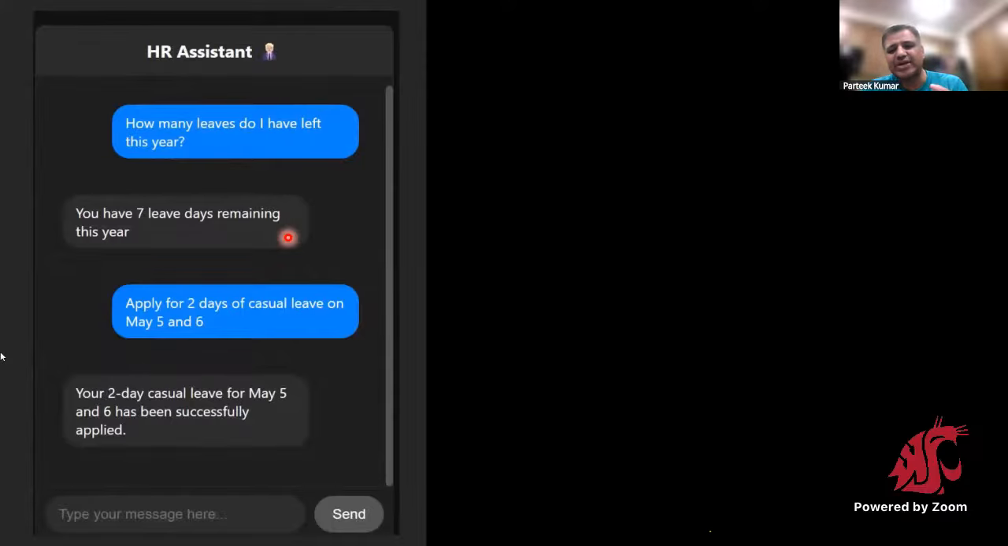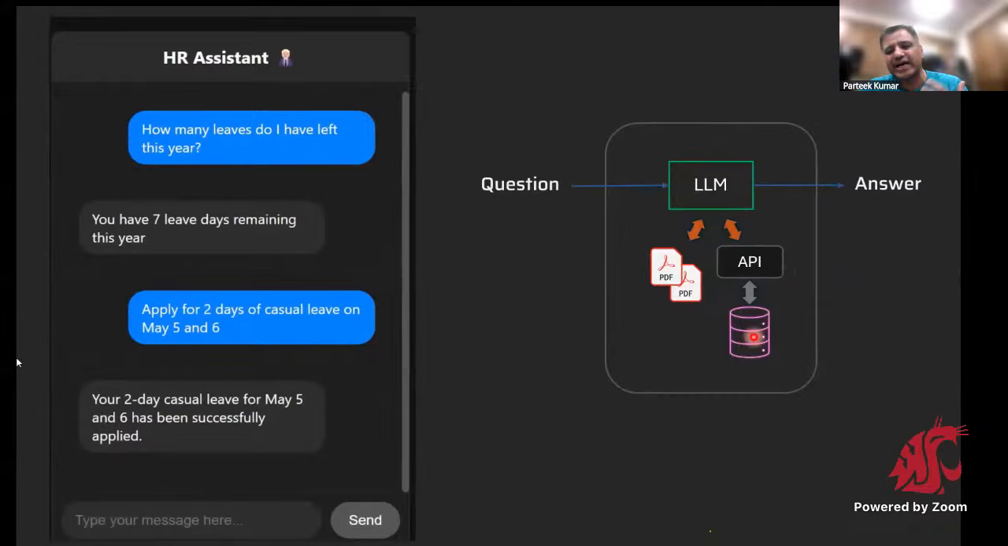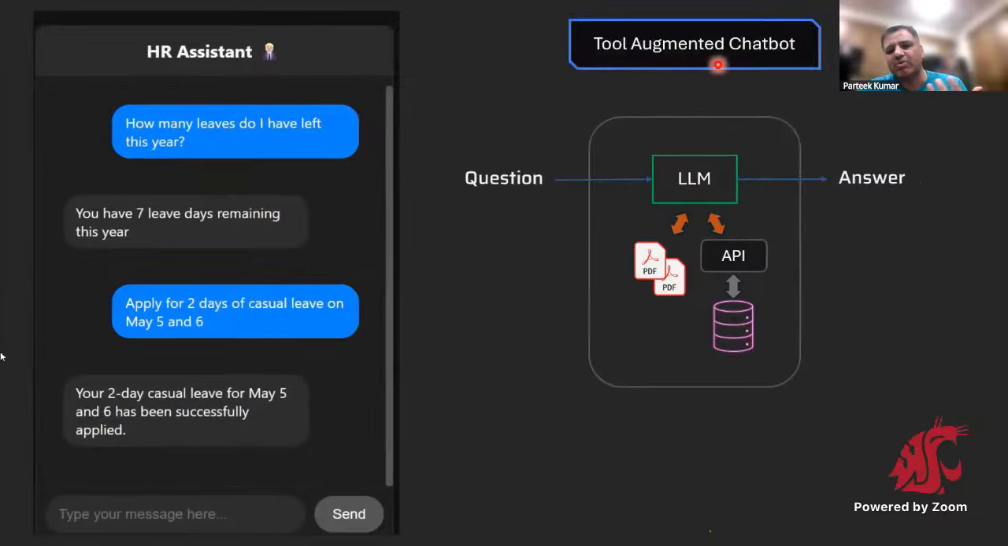So in order to answer that, I need access to an API so that I can go to the database and check how many leaves a particular employee has remaining. In order to build that system, we have to augment our RAG-based system with tools so that it can access the database and APIs, and based on that, it can answer a question like this. So that is a tool-augmented chatbot. It's still not an agentic AI system. It's simply a knowledge source with the capability of accessing databases, where now we can say, okay, you have 7 days